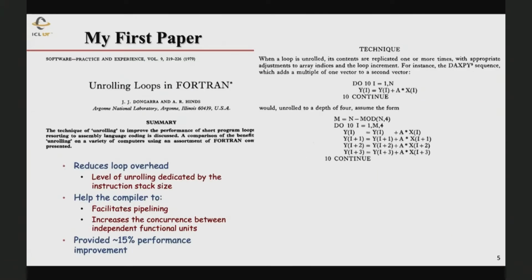It was about that time that I wrote my first research paper, and it was on unrolling loops in Fortran. This is something we take for granted today, but the idea of unrolling loops was really new at that time. So unrolling a loop basically allowed one to put multiple instances within one iteration of the loop. So if you unroll to a level of 4, as is described there for that AXPY operation, taking a scalar multiple of a vector and adding it to another vector, we would be able to expose a number of things that would